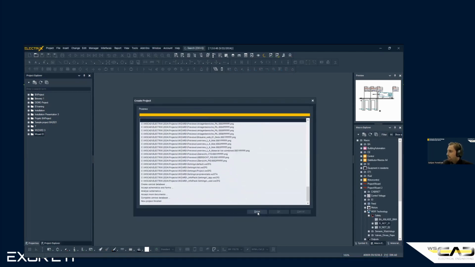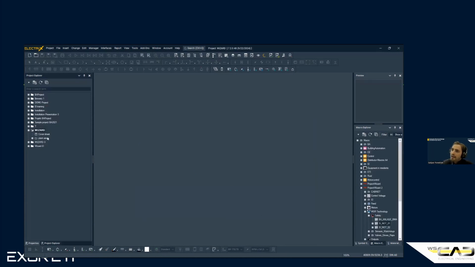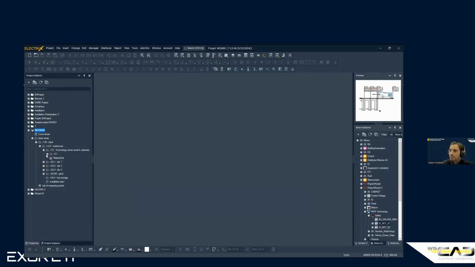So this is it. And now here we have this project with different locations, different plants, and everything is empty. So what we have to do right now is insert some pages with schematics and so on. And in this case, we will use the Project Wizard. So we can open this Project Wizard,